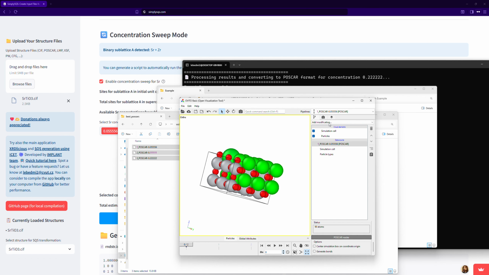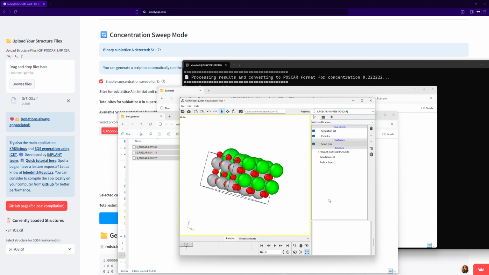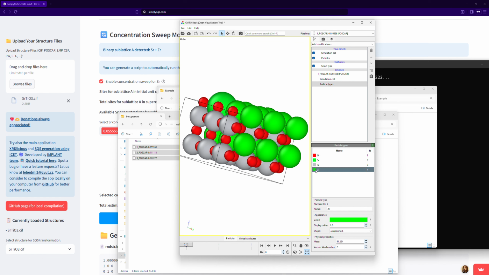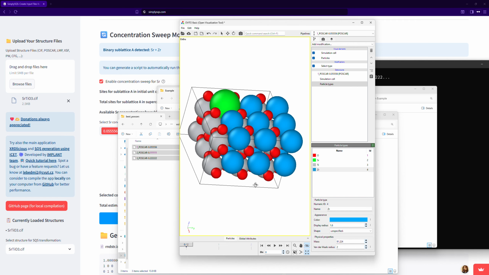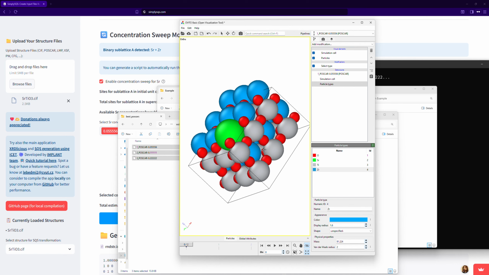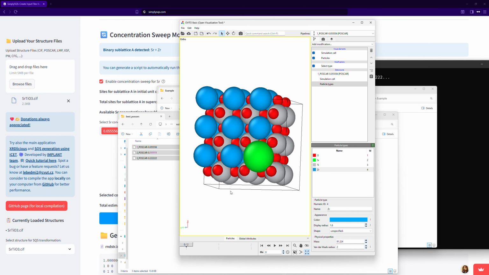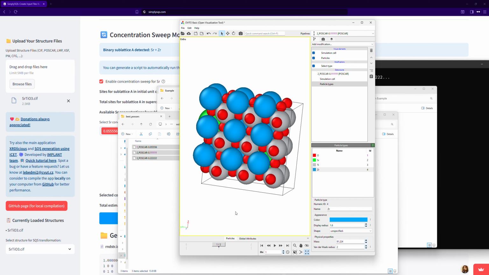So I have here the strontium, select type, it just has a similar color in this visualization. So to better see it, let's put it blue. Sorry, this is zirconium, let's put it blue. So this is one strontium, then there are two atoms, like the higher concentration, like here,